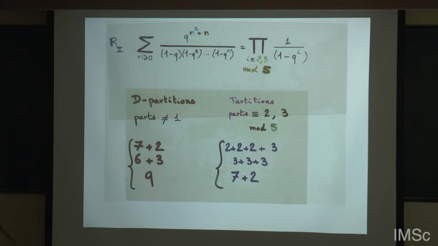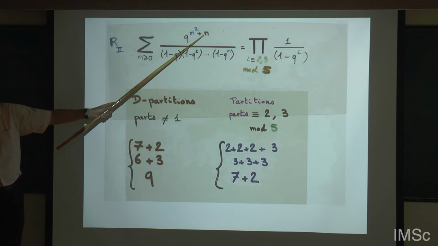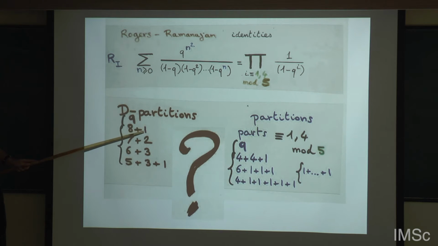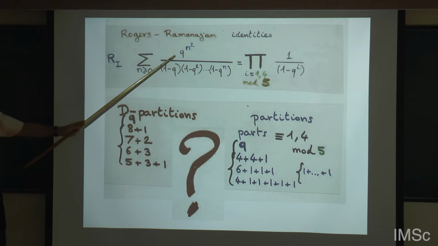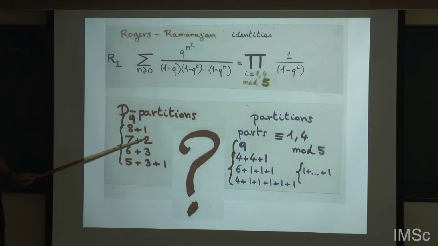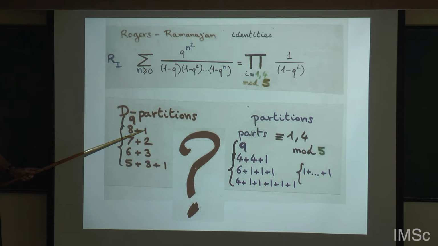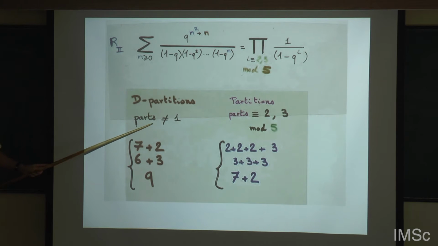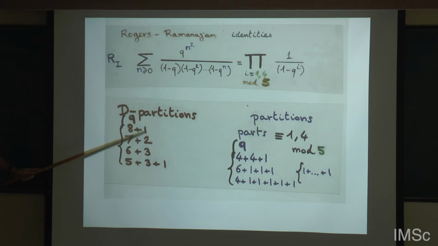So now what about the second identity? You just multiply by q to the power n, which means that in the D-partitions you are adding one cell in each row, so the D-partitions of the second identity must avoid the part 1. You are not allowed to put a 1. This means exactly to do this. So it's D-partitions with no part equal to 1. So there was 5, I delete these 2.